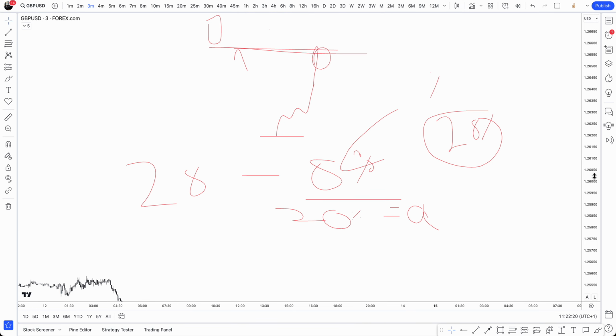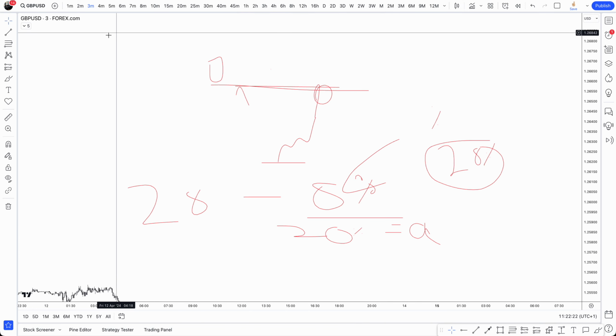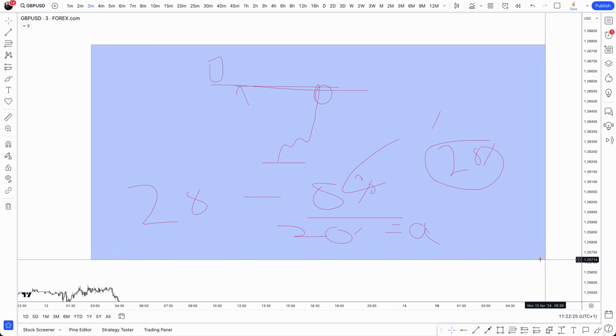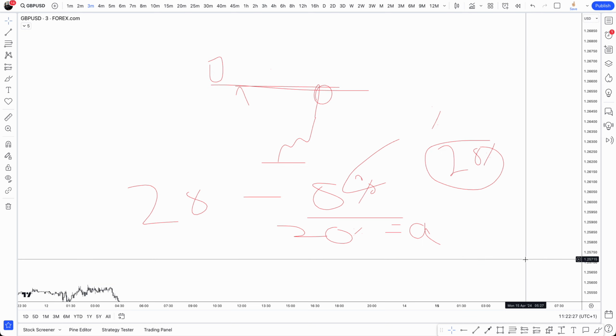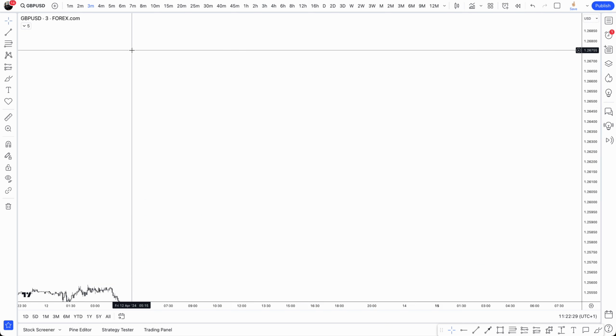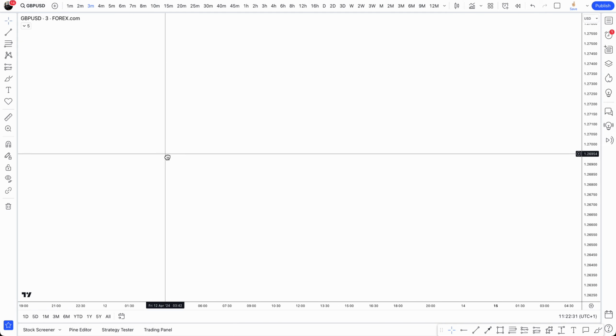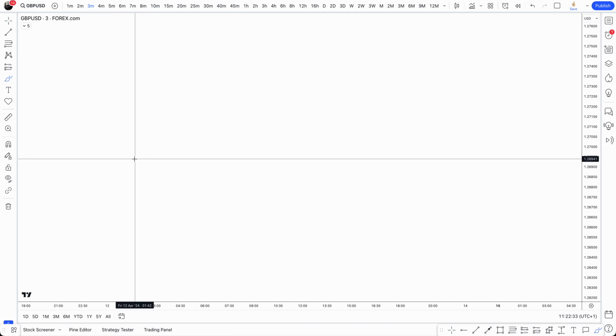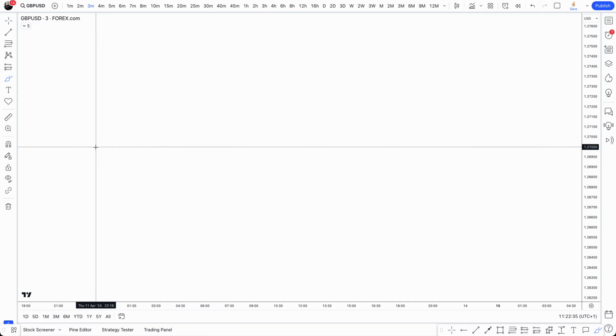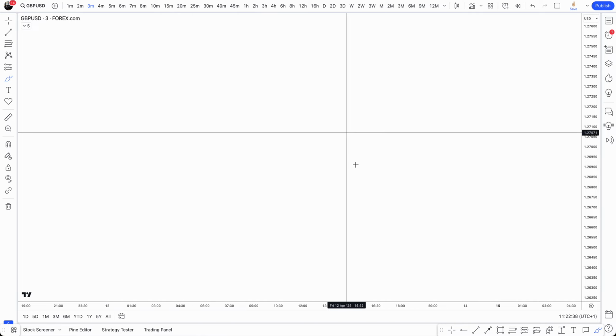Okay? So that should give you a little bit of an overview on setting a realistic target, and it needs to be in alignment with the type of trader you are, whether that's position, swing, major or minor intraday, and scalp, right? Doesn't matter what it is. It needs to be in alignment, right?